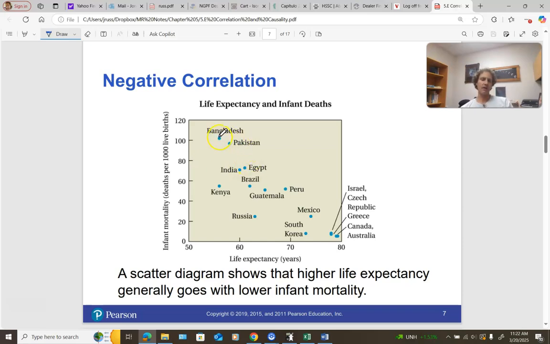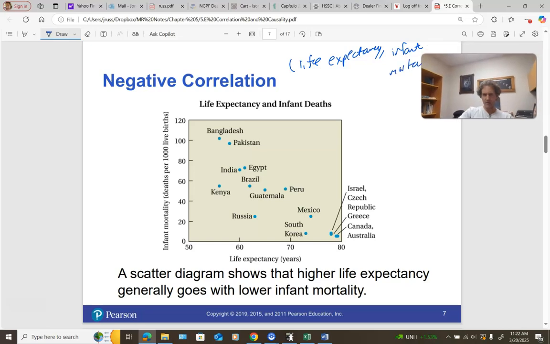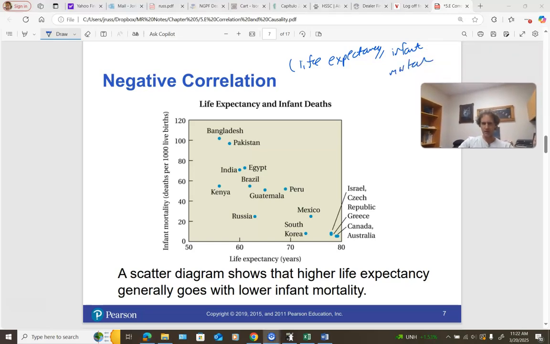And so what we've plotted is basically data from these different countries. Okay, so the corresponding life expectancy in that particular country and the corresponding infant mortality rate. And so I'm going to write this as an ordered pair. So you could think about life expectancy as being our variable 1, or our first variable. Okay. And then that second variable would be the rate of infant mortality. Okay. I know my writing's not great there, but